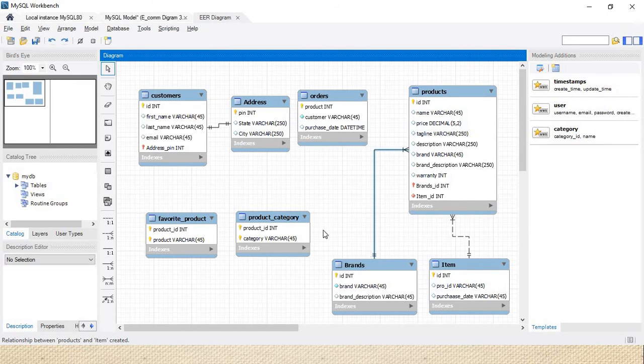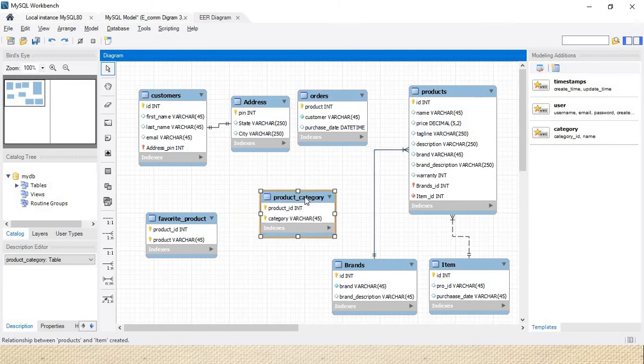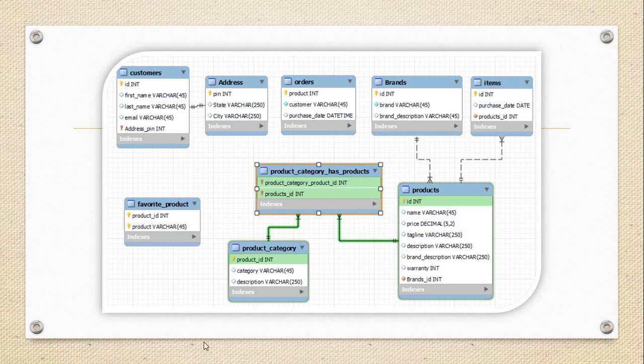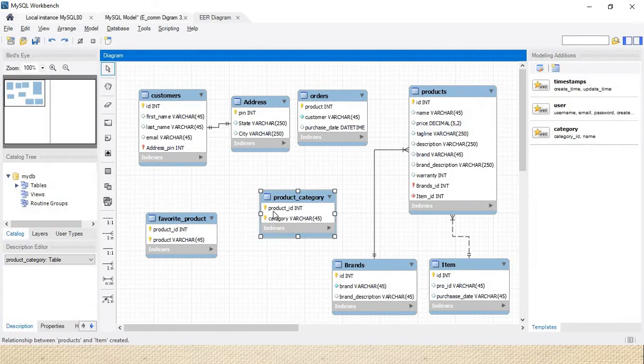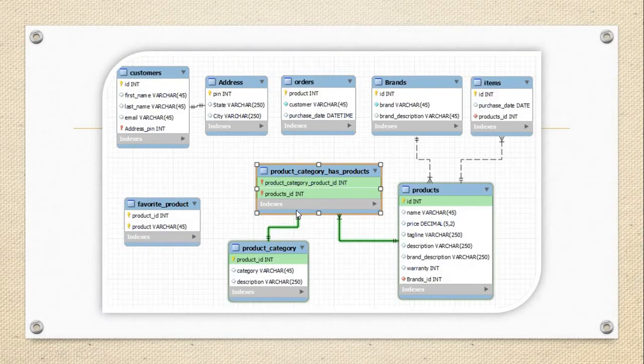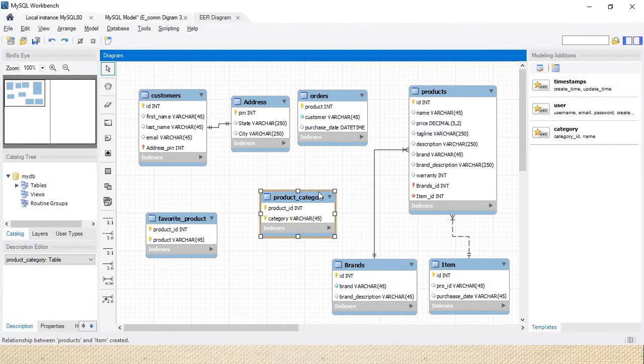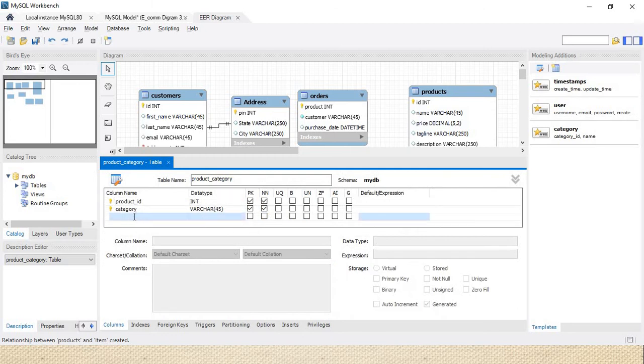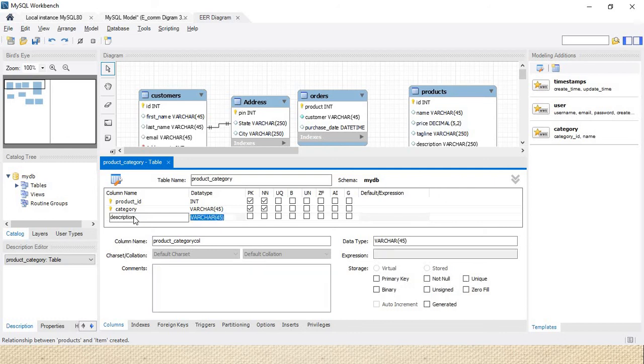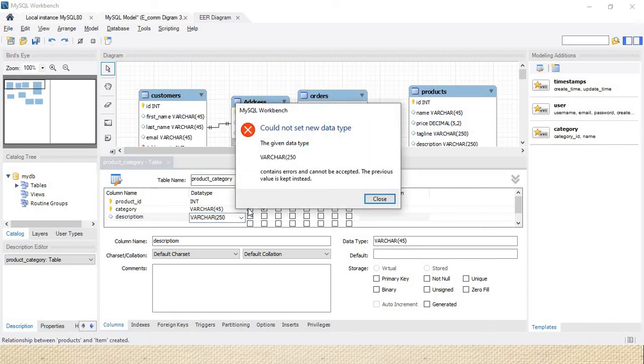So where is that product category? There is the product category, and we just need to add the product ID in that product category. We just need to add the description over here. One row is missing inside that. And I will remove the primary key of category.